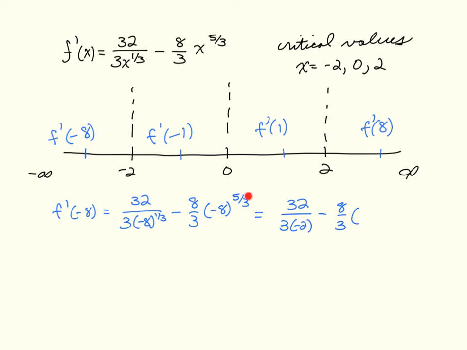power. So getting rid of the 3 in the denominator in this exponent makes the -8 turn into a -2, but we still have that 5th power. Simplifying even further, you can see that we will have 32 over -6 minus 8 times -32 all over 3. Even more, we have